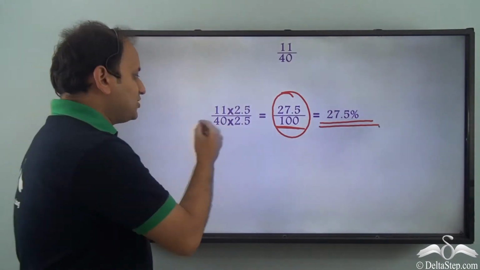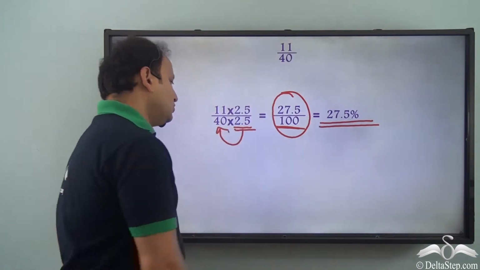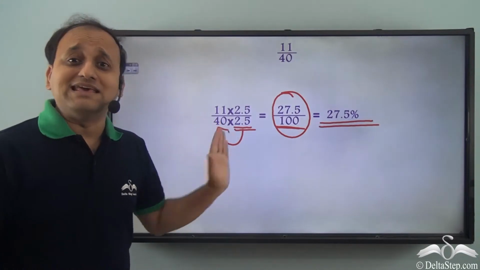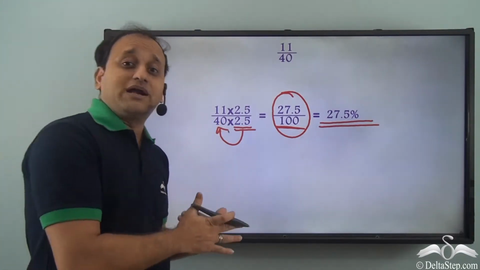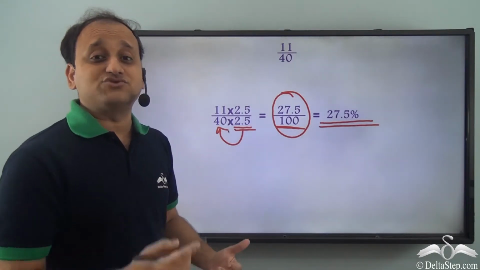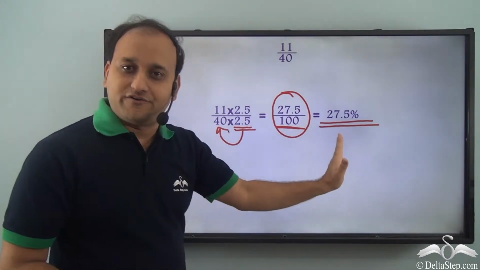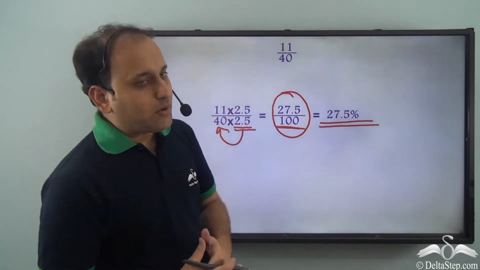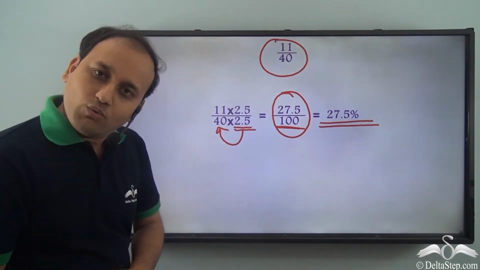That is, we had to actually find a value which when multiplied to this denominator gives us 100. And this won't be easy every time. There might be a number which is not a factor of 100 and then you will have to actually find the exact value which when multiplied to the denominator gives you 100. So there is a simpler method to this. What can we do about it? Well, the same fraction can be solved in a different way.